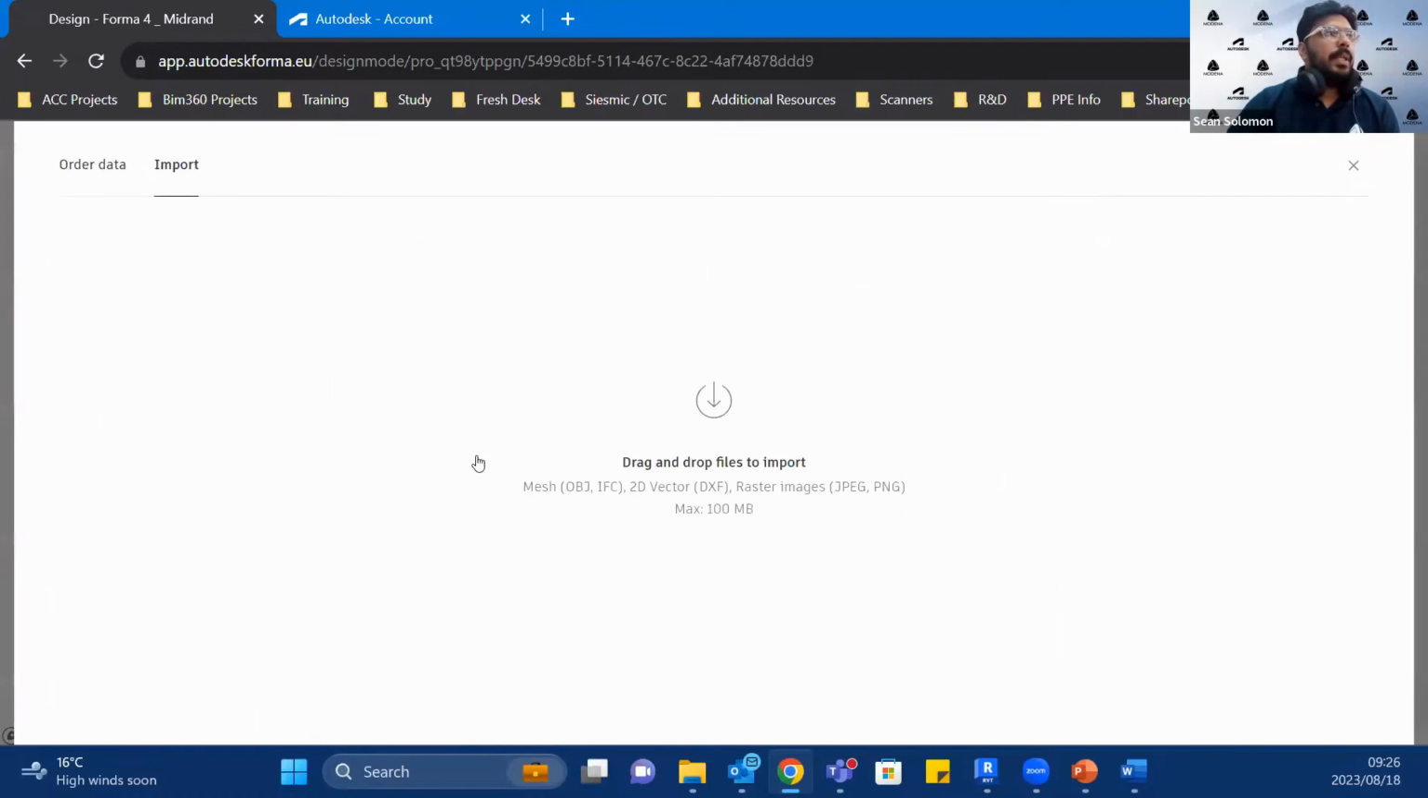So if we say import here, we have a few options. We can do some OBJs, some IFCs, some DXF files, even some JPEGs. The only limitation is we're capped at 100 megs. So if you have ever worked with IFCs or OBJs, you know they can get quite large. So it's good practice to keep it as small as possible when you try to import this data in. So I prepared